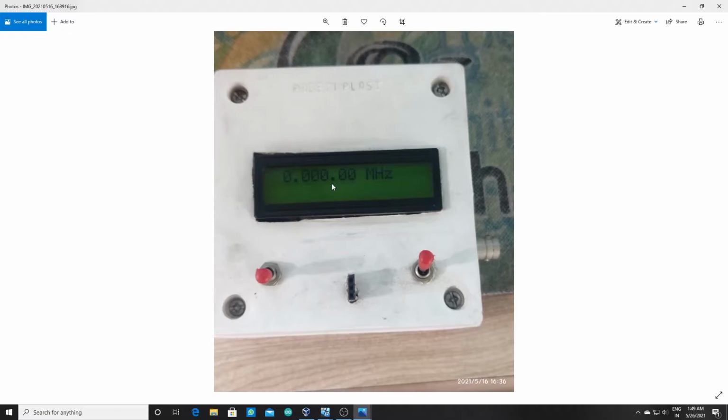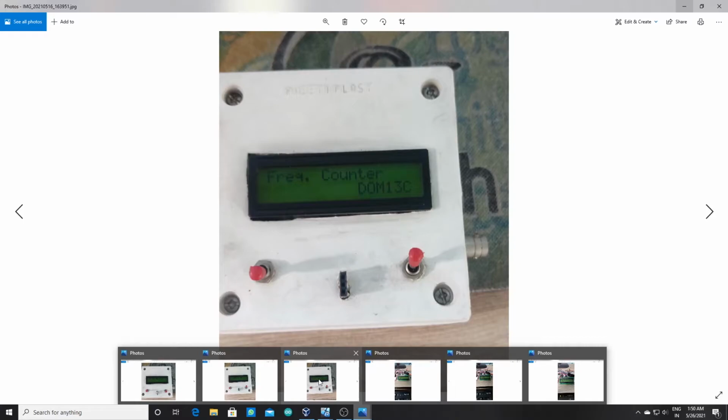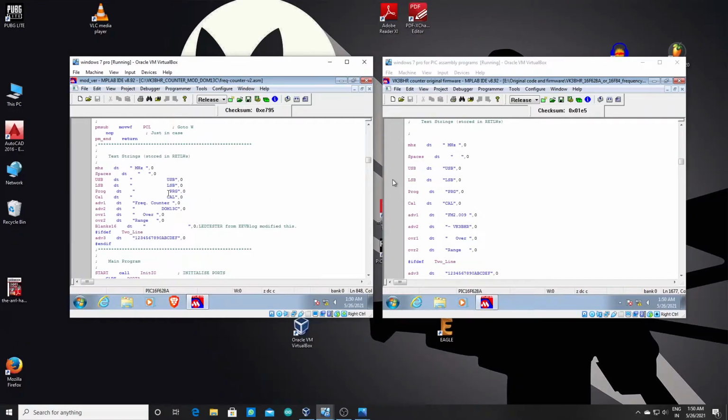After I added that dot after 1 sub-kilohertz, there was not much room left to print this USB, LSB, program, and cal suffixes. They are printed when you are using the counter in these modes actually. So I had to somehow shift these characters, the USB, LSB, program, and cal, to the second line of the LCD display,